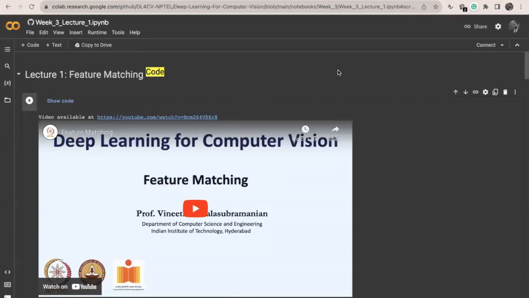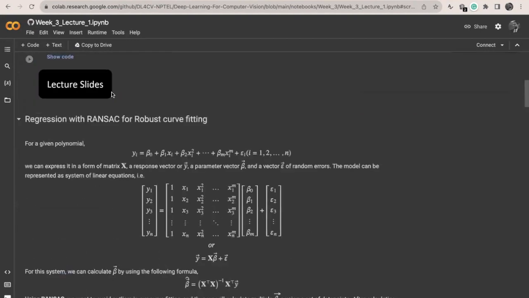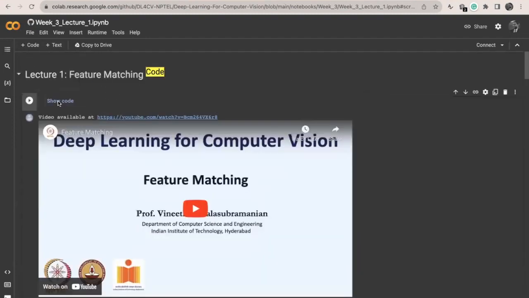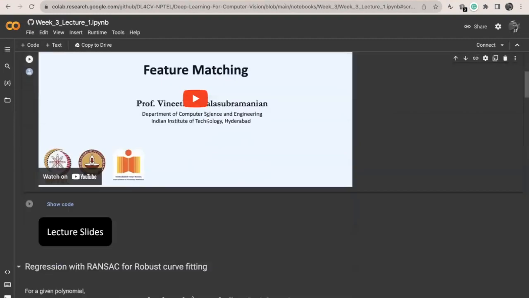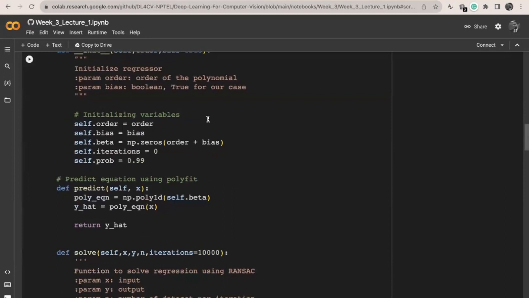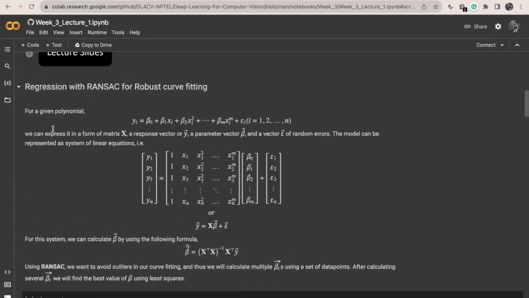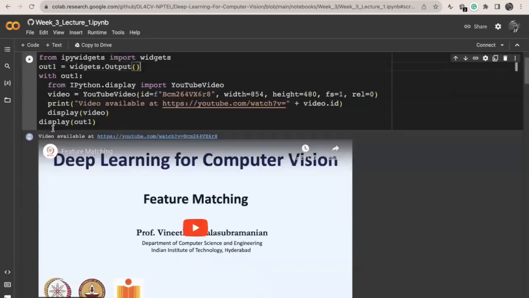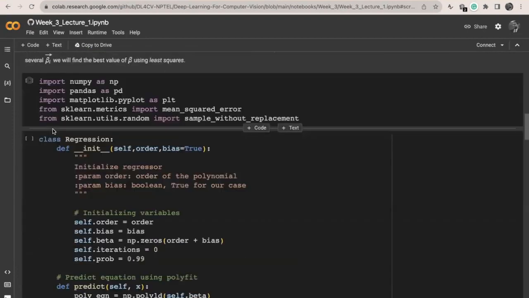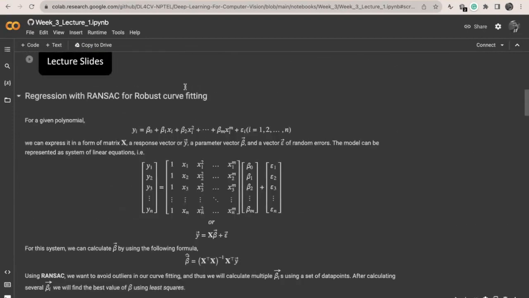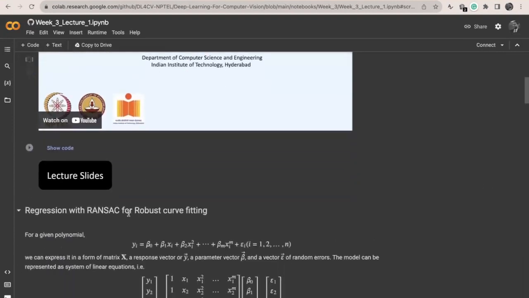So this is the lecture one code. Starting with the code, we'll first